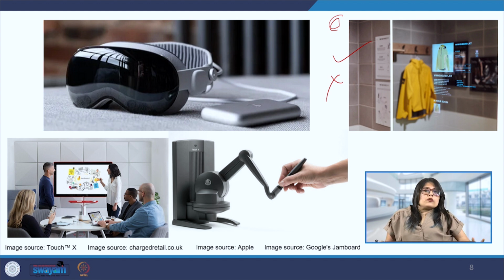So this helps the user visualize, again without going through the whole process of donning and doffing. They are now used quite a lot in retail stores, and they allow customers to try on the clothes without actually trying them on, so virtually, and allows the users to make a choice.